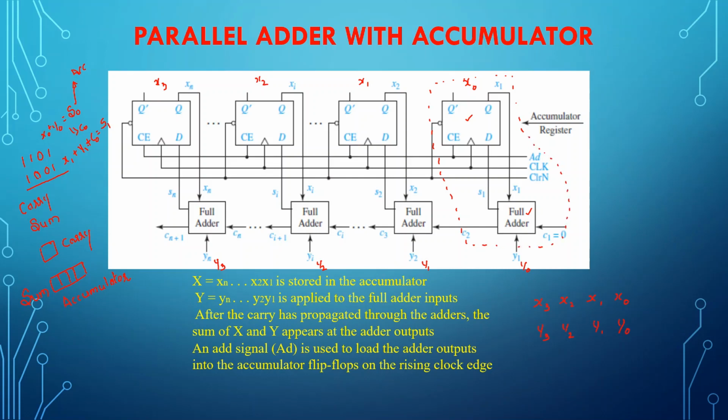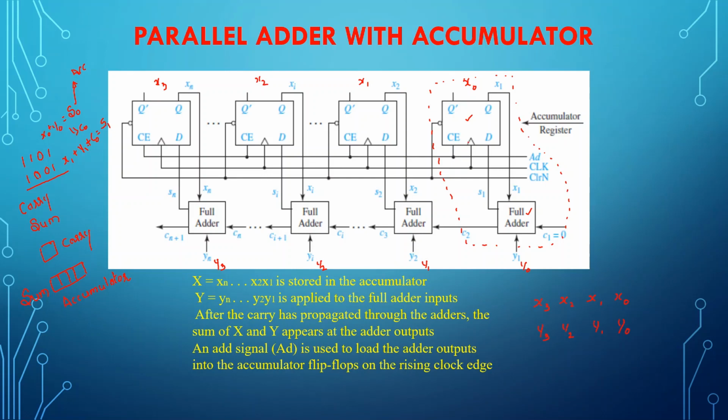So when I speak about this particular cell, this cell consists of an accumulator and an adder. My accumulator will be storing the first number, which will be fed into an adder, where my second number will be fed. The first number which comes from the accumulator and the second number which comes from outside to the full adder will be added, and it will generate a sum and a carry. The sum will go to the accumulator and the carry will be carried forward to the next cell.